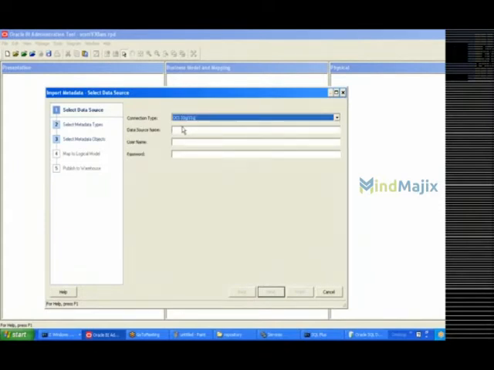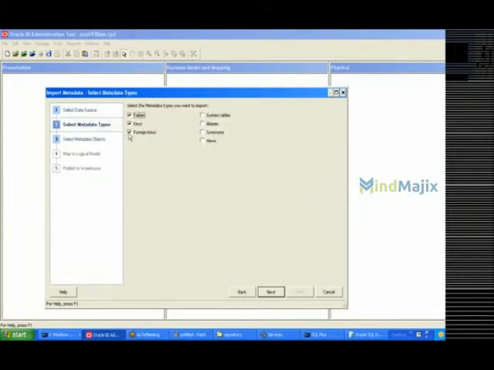Select the database connection type, then service name or listener name, then schema name, then schema password. Click on next. Now I am going to uncheck the foreign keys option, which means I will have only the tables and the keys. You can even uncheck the keys option also, which means I am importing only the tables, not even the keys, only the tables and the columns in those tables.